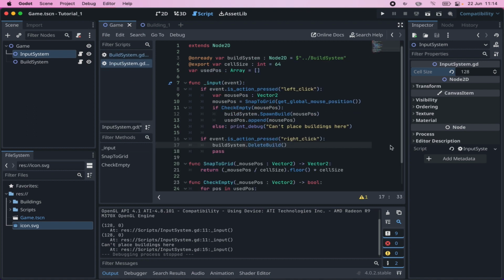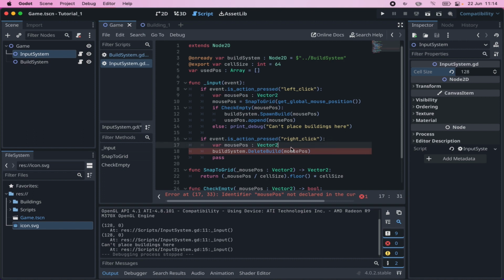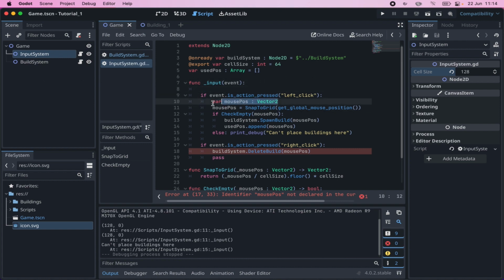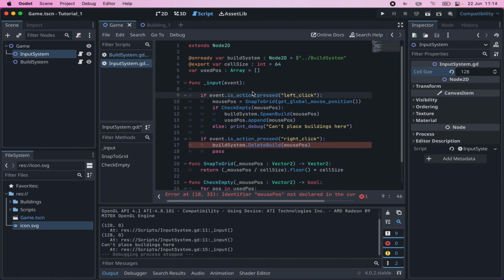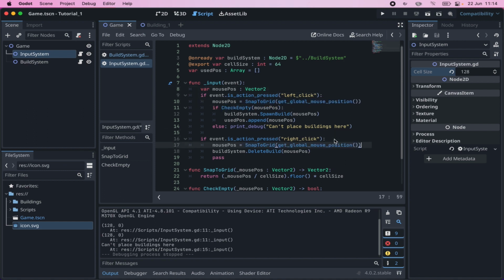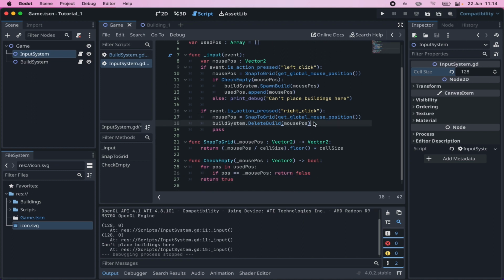And we pass our mouse position, which now is a local variable, so we want to copy it and paste it here again. No, let's put it inside the input function better. Here at the top, and we want to snap it to get the position again by copying and pasting this. Now everything should be fine,